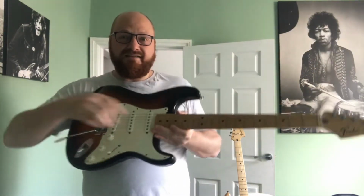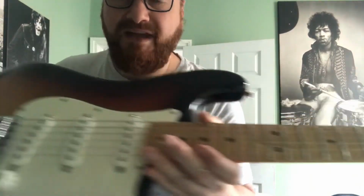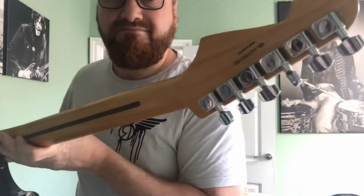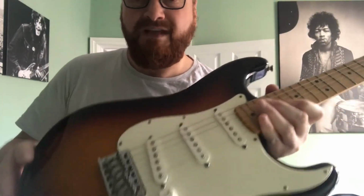But this is a Fender made one. I don't really like the maple neck, so you can probably see the maple neck, all right? The colour's okay, but it's just pretty standard really. Is what it is. There's different tuners I like, different pickups. So there you go. Anyway, so there's going to be a few videos. This is going to take a while, and yeah, we shall see. First thing,